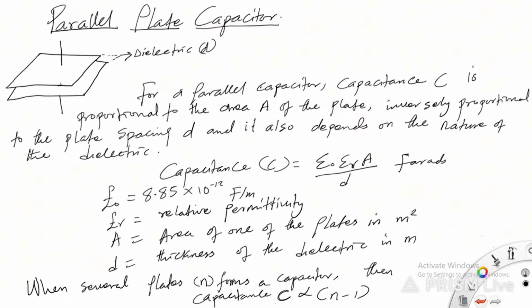So let's assume these are two plates in parallel, and we can call these our terminals, as we discussed in our previous class. If you have not watched our previous class, you can go back and watch it so that you would have a better understanding of what we're doing here. So we say for a parallel plate capacitor, capacitance C is proportional to the area A of the plate, inversely proportional to the plate spacing,